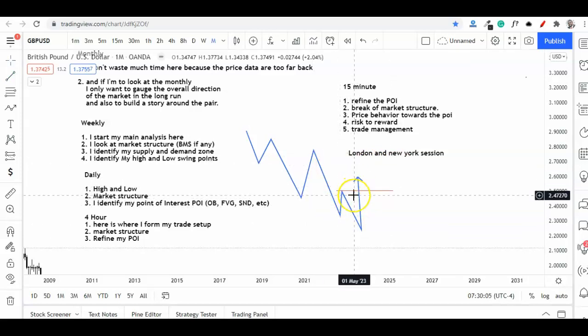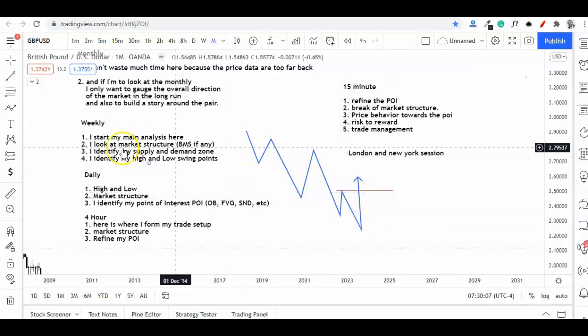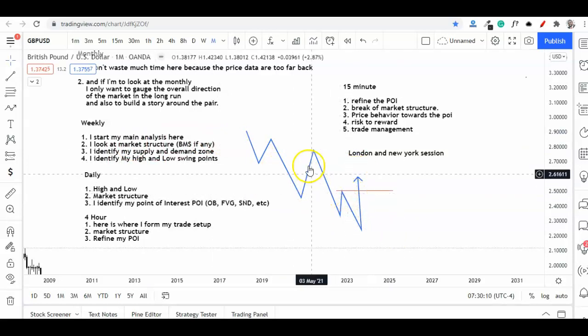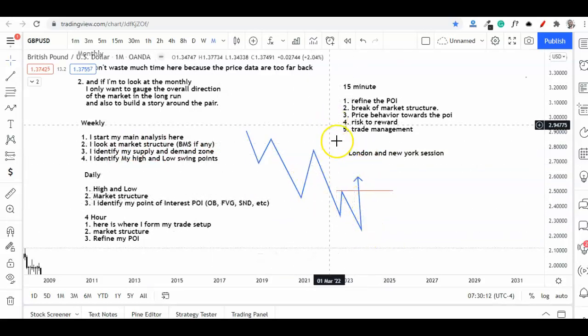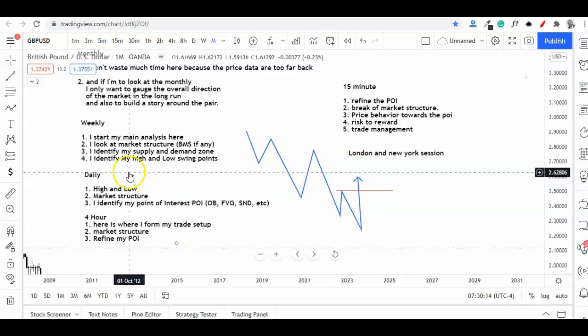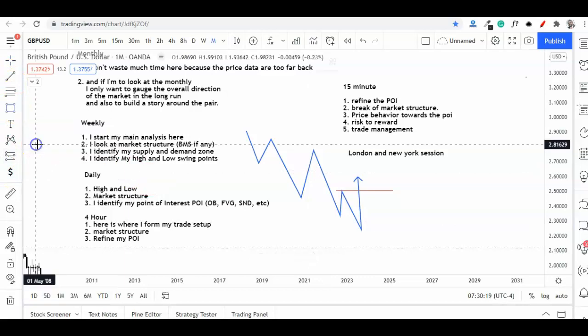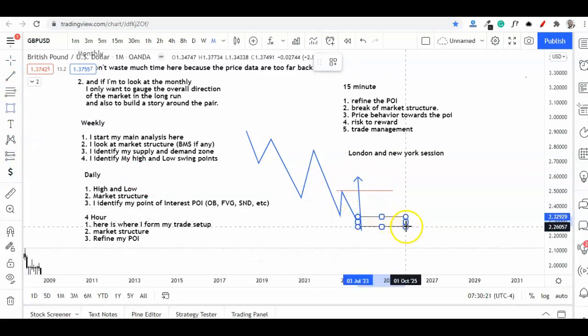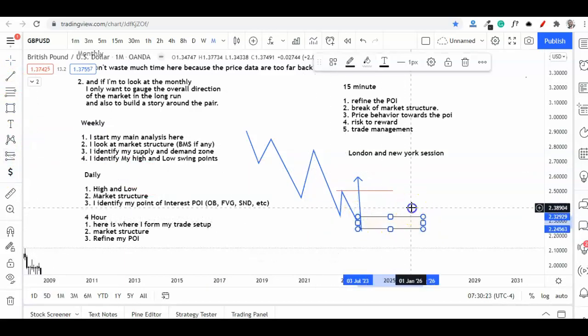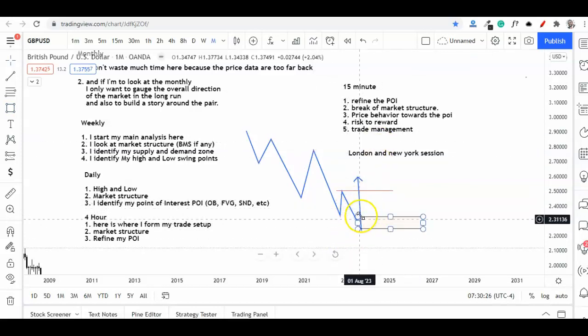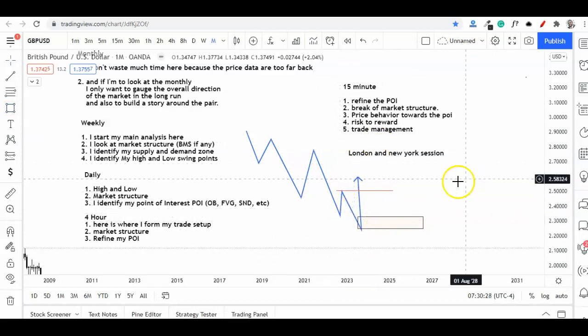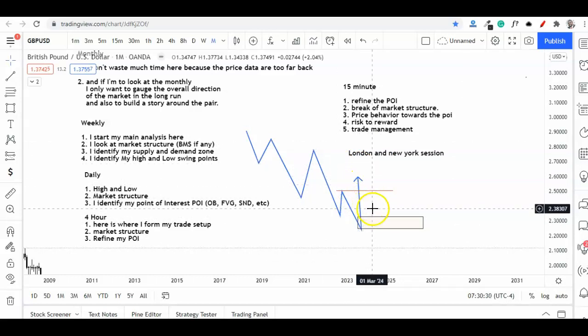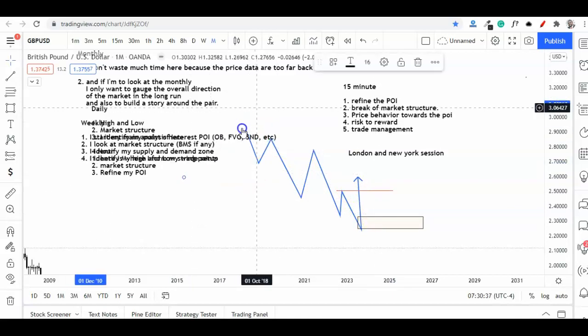What is the recent market structure break in the weekly, and where is it coming from? Is it coming from a downtrend or from an uptrend? Then what is the move that sponsored that break? That is my point of interest here. There's something here that sponsored that break. I will identify that so that when price retraces back into that area, I'll then look for my trade setup to come in, and I'll do that in the